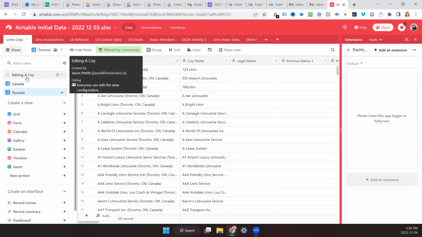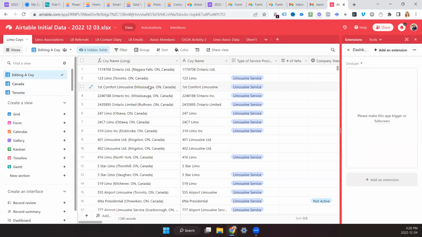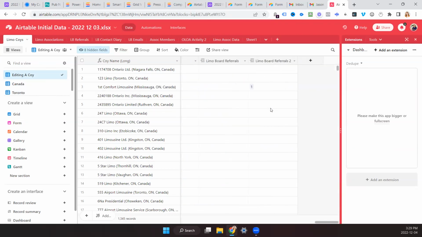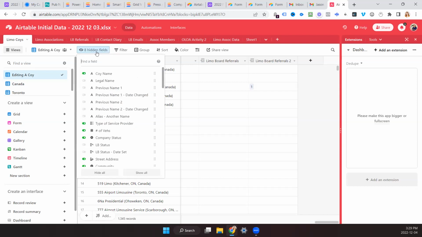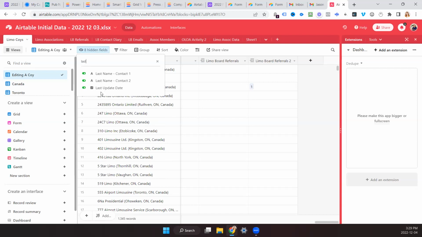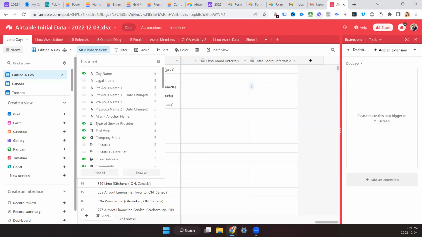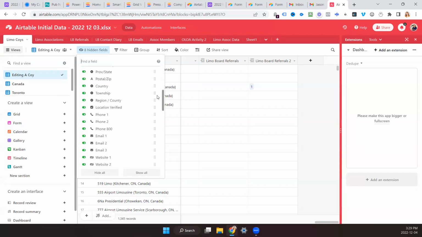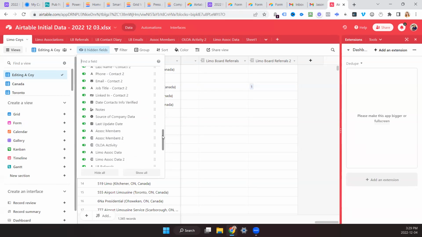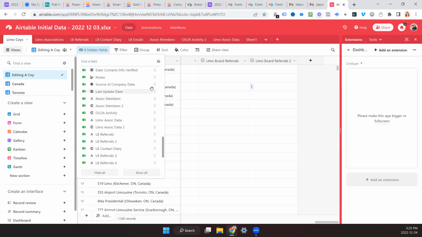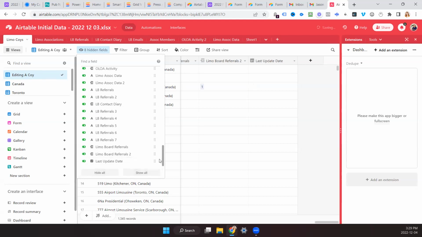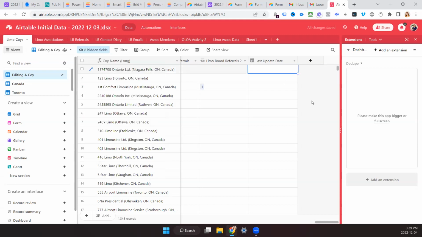Can we go to the very last field? Okay, the field isn't there. What field are you looking for? I was looking for last update. Last update. Yeah. Okay. So I'm going to look for it in here. I thought it was the very last field. It's right here. I can actually drag it all the way to the last field. So now it's right here. Oh, wow. Okay. All right.